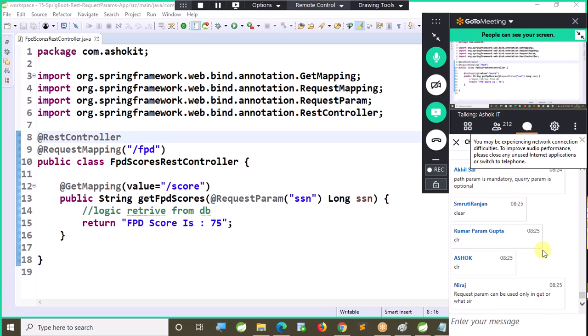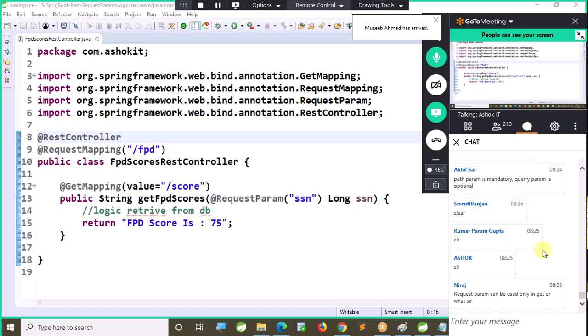What will you do now? Stop messaging in the chat box when the explanation is going on. Please concentrate on what I am discussing. We are discussing with a lot of experience. We know how to teach, what to tell you. Who told you query parameter is optional? Now it is mandatory here in Spring REST. If you don't concentrate, how will you understand that? It is mandatory, that is true. Concentrate on the class. Don't send messages in the chat box, guys, please.